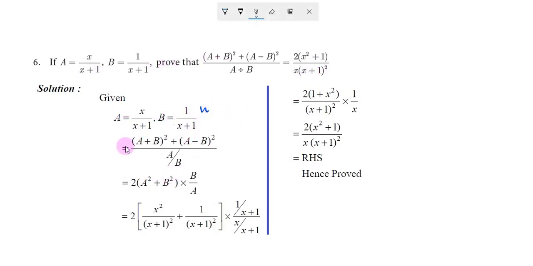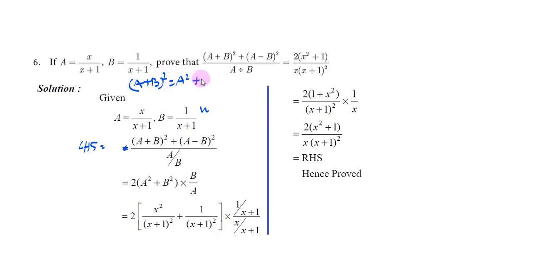Okay, now the left hand side. Left hand side: (a plus b)² plus (a minus b)² whole divided by a divided by b. Okay, this is of the form we have already seen in the last slide. So (a plus b)² means